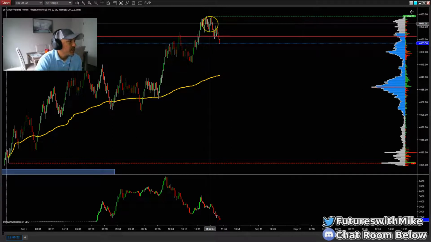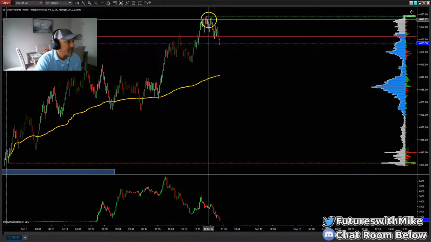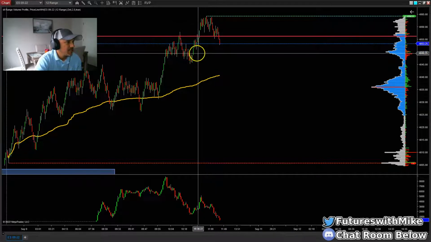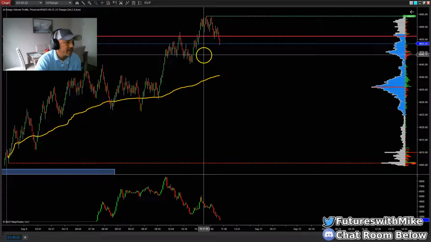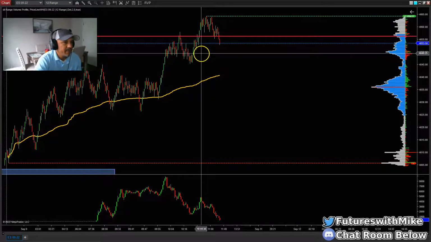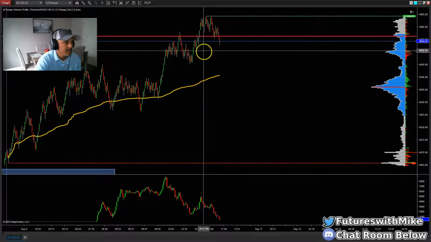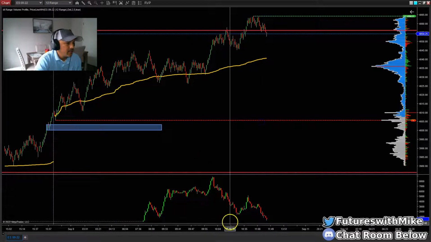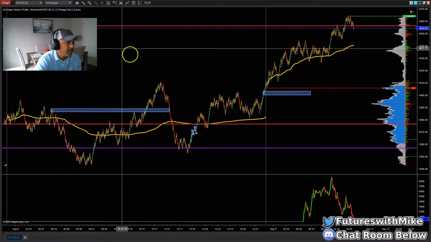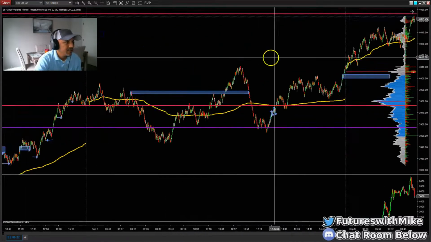Yeah, that was rejection from the tops on that. Like I mentioned, we're hitting an area of supply on the 60 range chart. So that's the higher time frame. We got the rejection. And price, I believe it possibly should come on down to this area down here. I'm looking for around maybe the 50 area. But it could bounce here. I need to quickly look at what's sitting out there to the left.